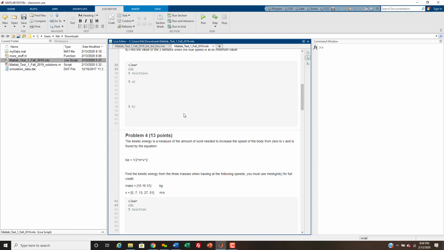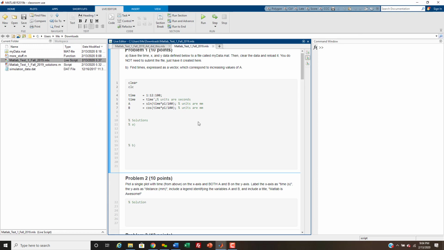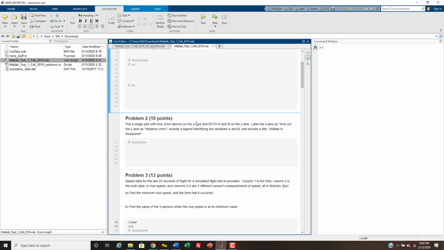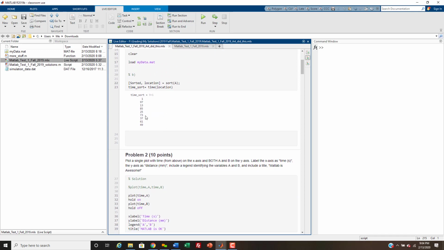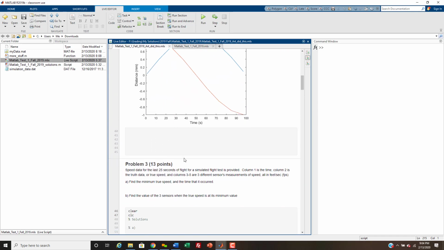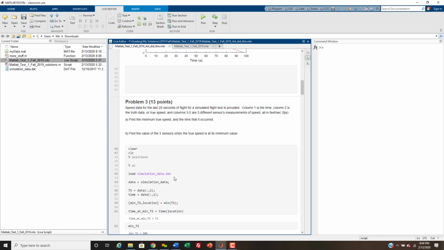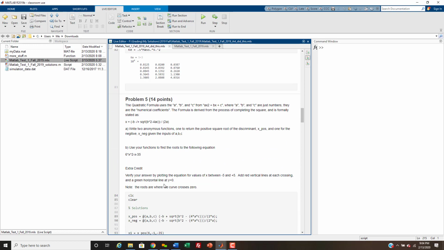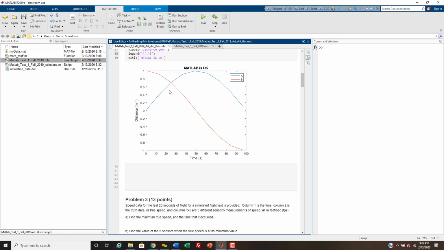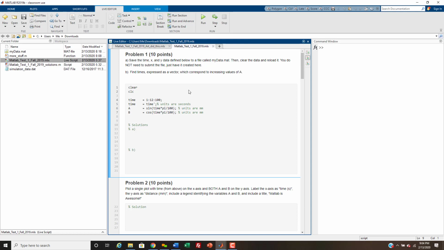But let's say that you are very uncomfortable working with the live editor. I like the live editor for tests because I can go through and run your code, and when I return your test to you, you can see exactly the results I get when I grade your exam. But if you don't like the live editor, inside of this exam you can do an export, no, save as,